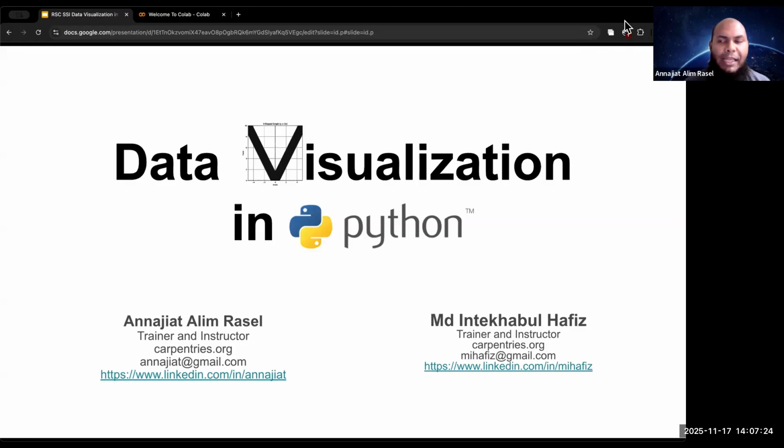We'll go together and we'll try to use something called Google Colab to reduce setup time. But if you have your local Python installation or other software, you could use that too. So data visualization is exciting. A picture is worth 1,000 words, right? So, starting with the basics of Python, we'll go through different types of